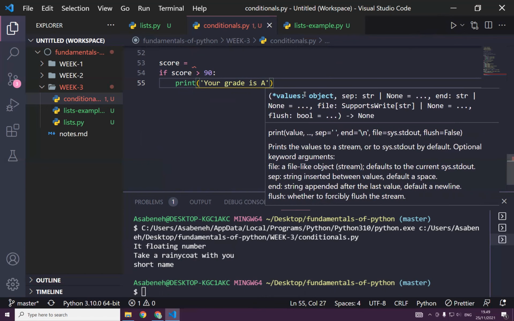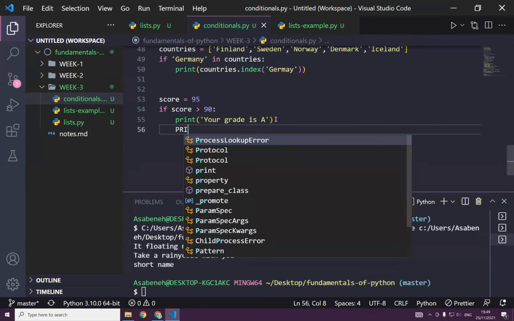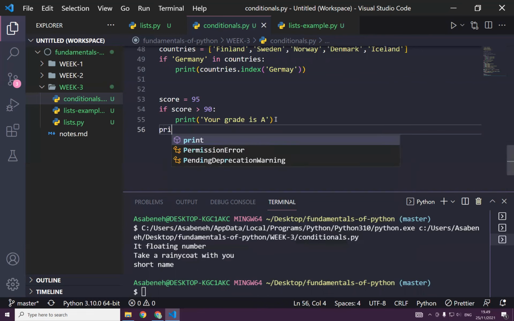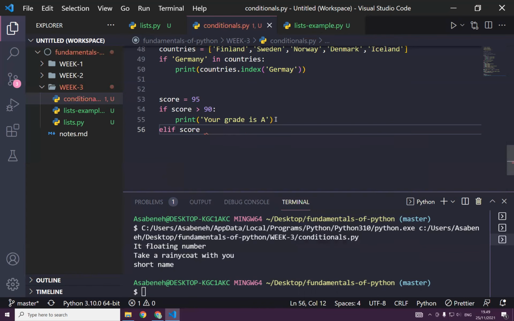Okay, A, but it's not very common, so I go for A. Then let's imagine here. Then print, sorry, and if score is less than